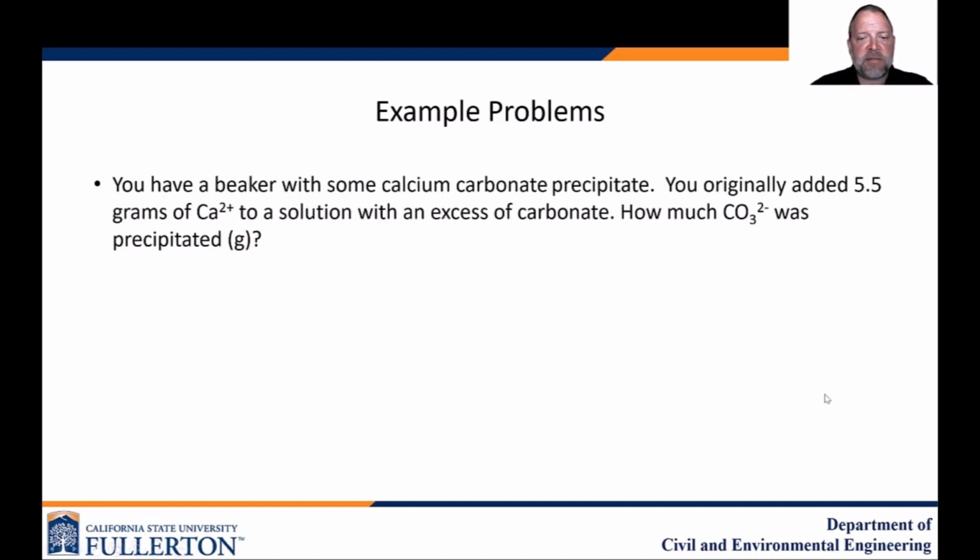Next example, we have a beaker with some calcium carbonate precipitate. We originally added 5.5 grams of calcium to a solution with an excess of carbonate. How much carbonate was precipitated? This one's a little more complicated, but we can actually use a similar approach to unit conversions to solve it. So if we started with 5.5 grams of calcium,